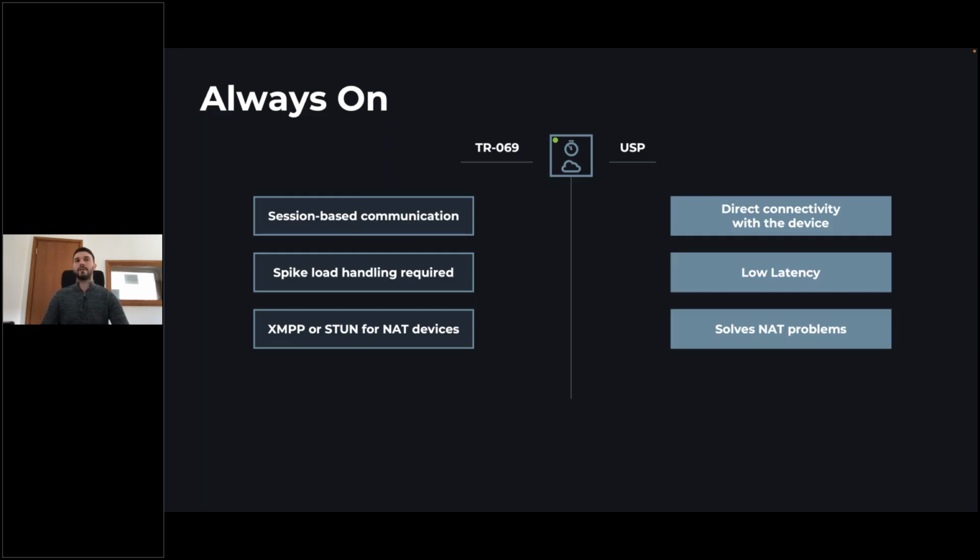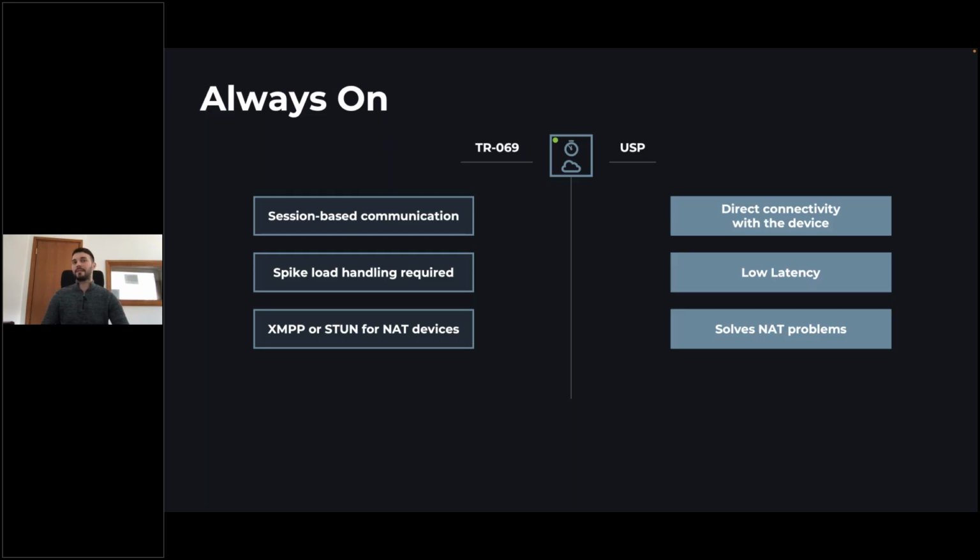An additional issue with TR-69, or I would say a big question, is how do we actually know if the device is currently online? With TR-69, since the session is always started from the device's side, in case the ACS wants to get to the device, it needs to send a connection request. But what if we get no response from this connection request?